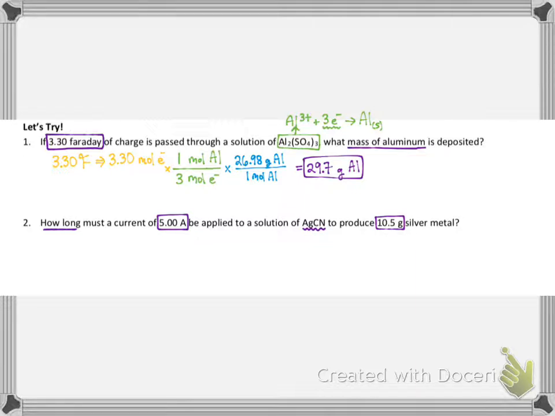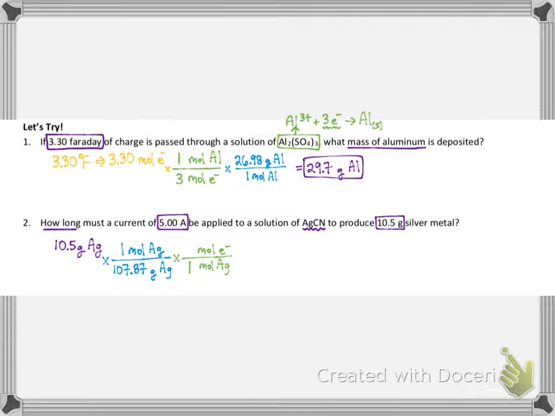So the beginning of our FACE is molar mass. So I'm first just going to take my 10.5 grams of silver and use the molar mass of silver to convert that into moles of silver. And then after molar mass, we need to convert from the moles of silver into moles of electrons. So we need that conversion factor. This time, because we're going backwards, moles of silver are on the bottom, moles of electrons are on the top. Remember, the atom, the whole thing itself, gets the 1. So for every 1 mole of silver,